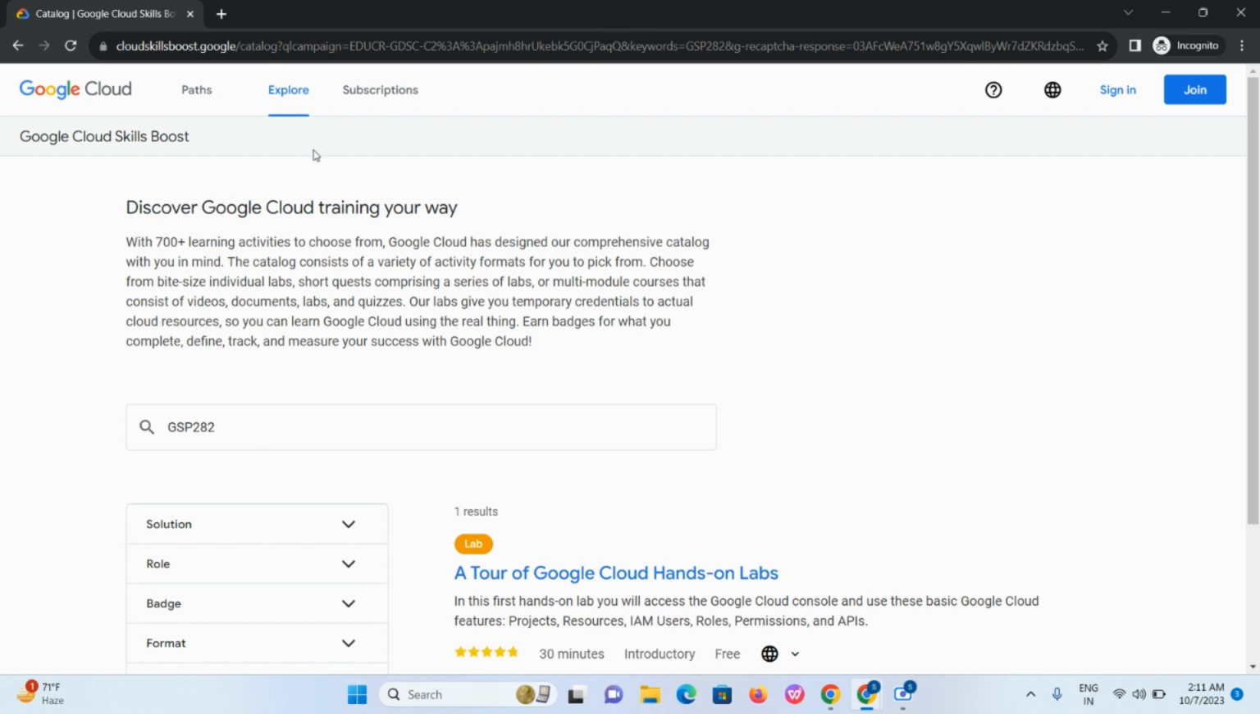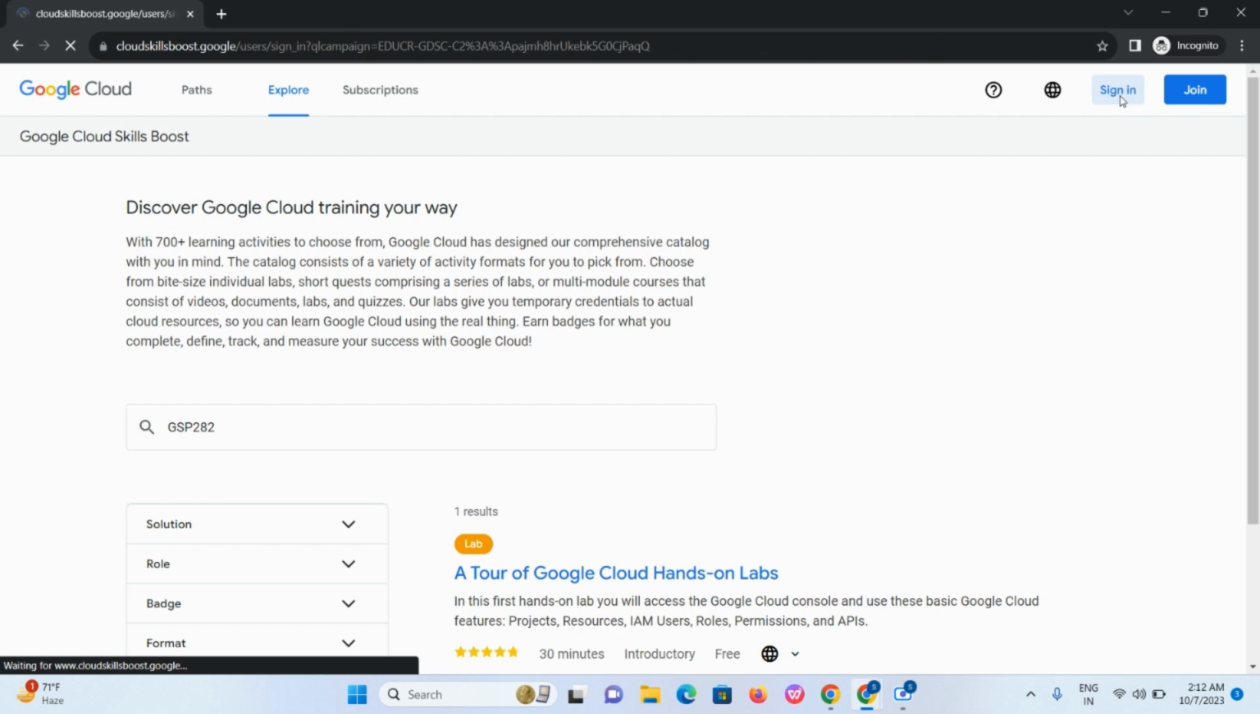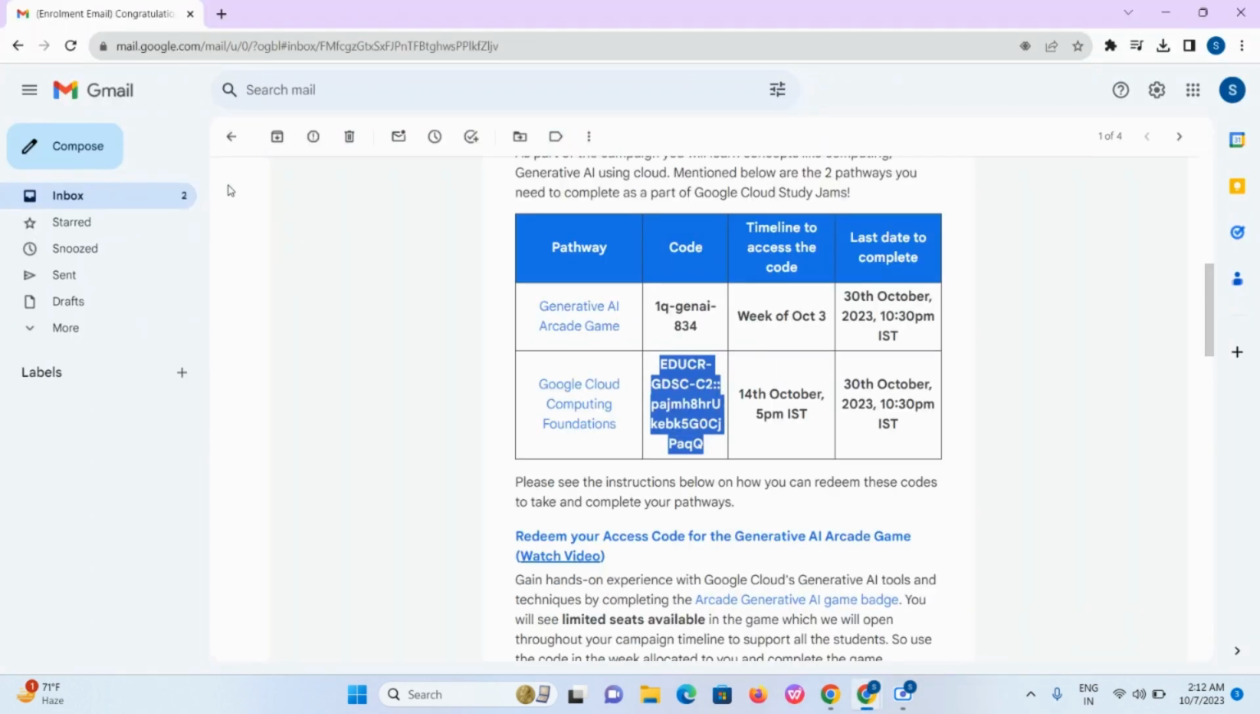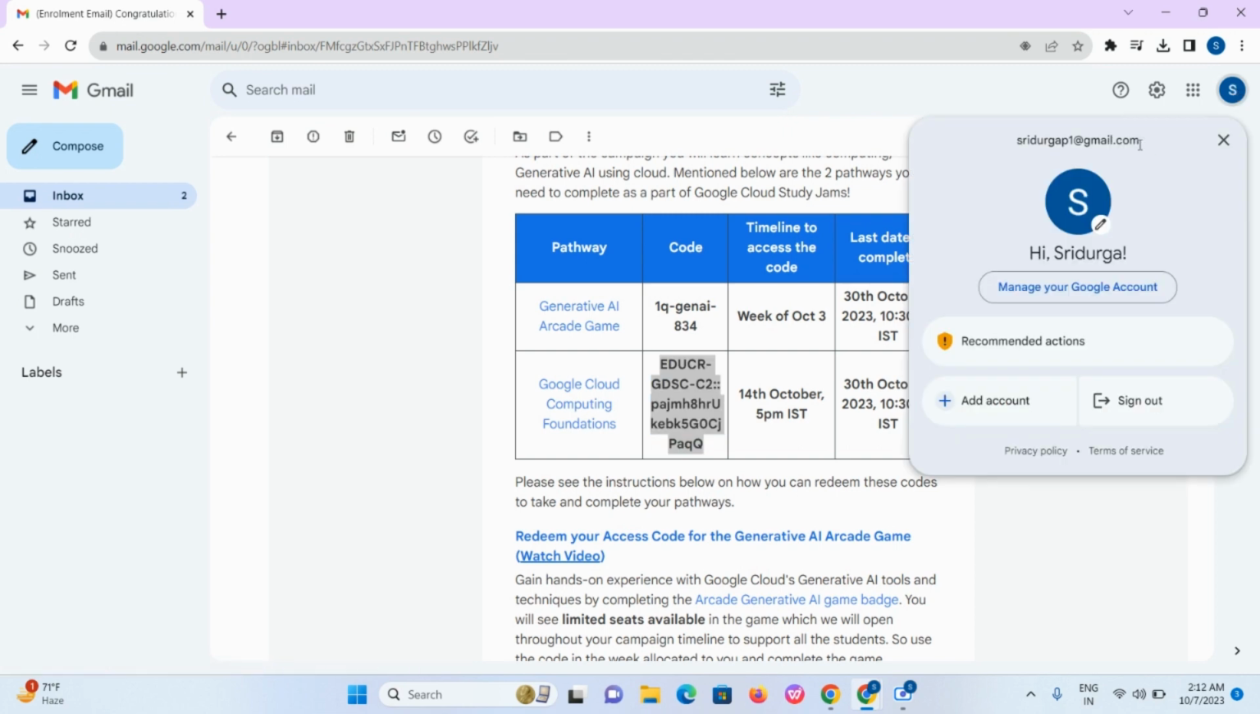Once you submit, this is how the window looks. You have to sign in to your Google account which you used to create the Google Skills Boost account while registering. So just click on sign in and type the email for which you received this enrollment mail. This is my email for which I received my enrollment mail. So I'm going to copy this email